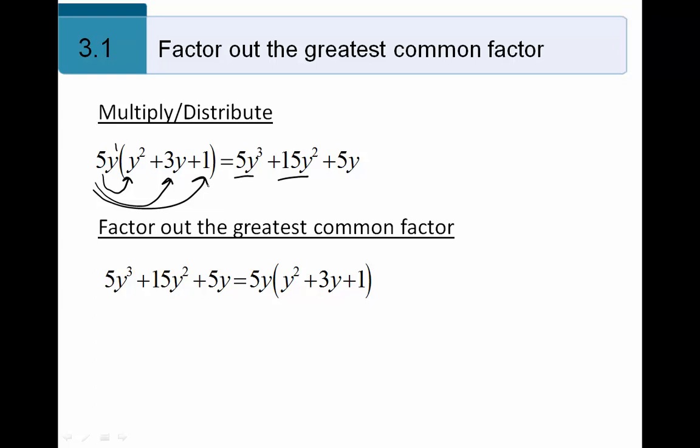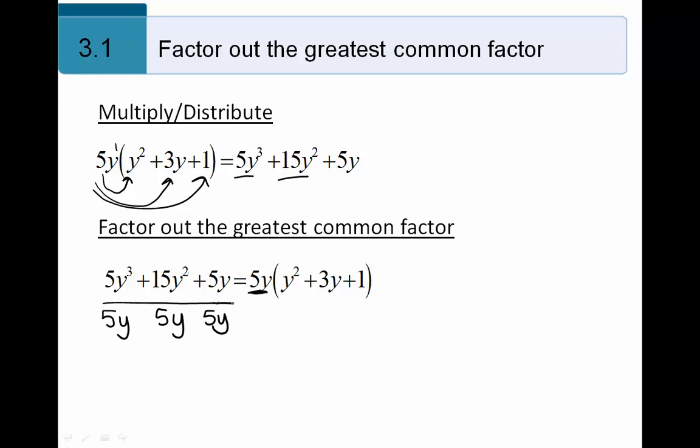So now we're going to start with the product, and you know how to find one of the factors because I just showed you how to find the greatest common factor of a polynomial. We know that the GCF of 5, 15, and 5 is 5, and the GCF of y cubed, y squared, and y is y. So 5y is the greatest common factor of the trinomial 5y cubed plus 15y squared plus 5y. So then, if we divide each of these terms by 5y,